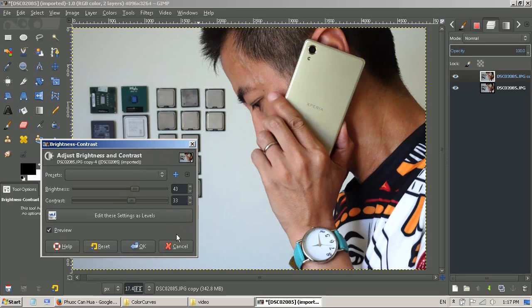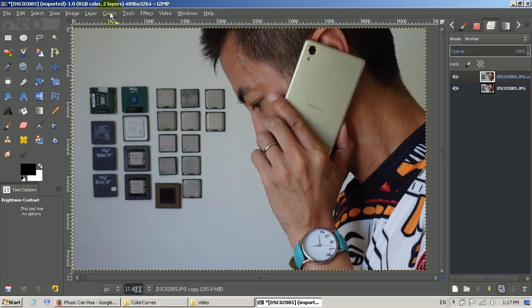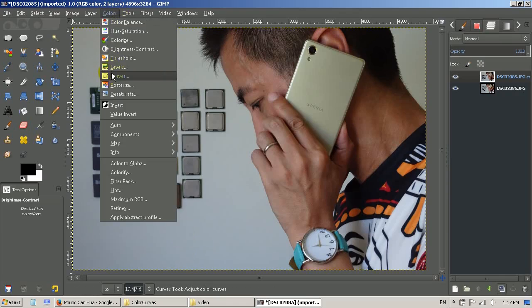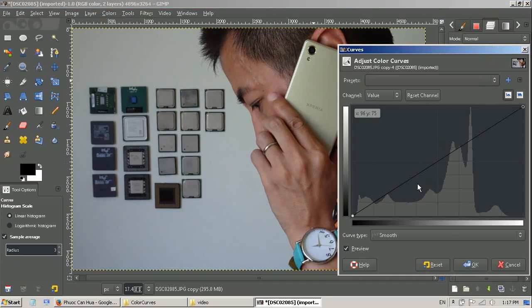But the problem is, when I want to print it, it will look totally different. So it's really hard to get the right color on the monitor and on the paper. So it's much better to go to the color curves, which allows you to look at the value of the pixels. For those people who don't know how to read the color curves, I can give you a short